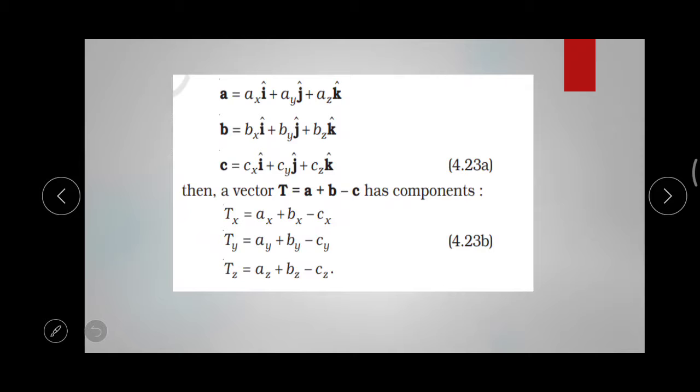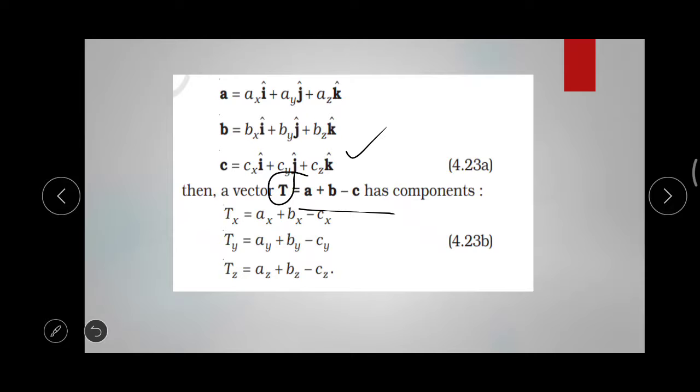Now here 3 vectors are given, A, B and C. They are given in component form, that is Ax i cap plus Ay j cap plus Az k cap. B is Bx i cap plus By j cap plus Bz k cap, and C is Cx i cap plus Cy j cap plus Cz k cap. We have to find the resultant vector T is equal to vector A plus vector B minus vector C. So you can see in all the component forms,